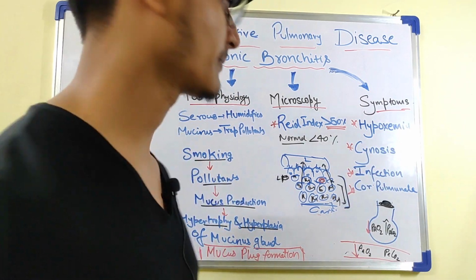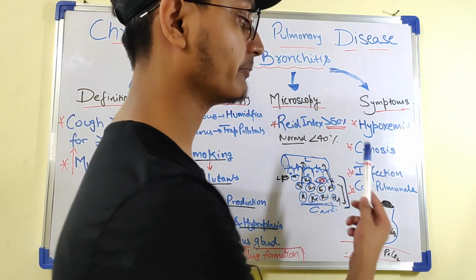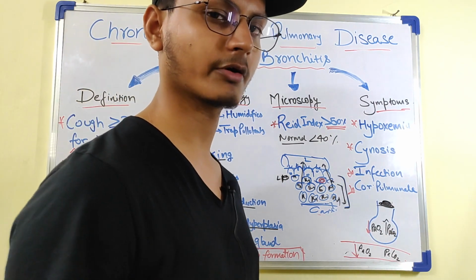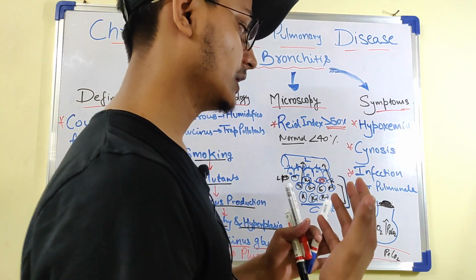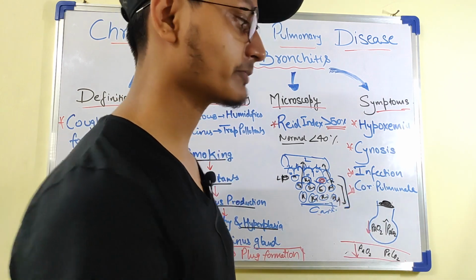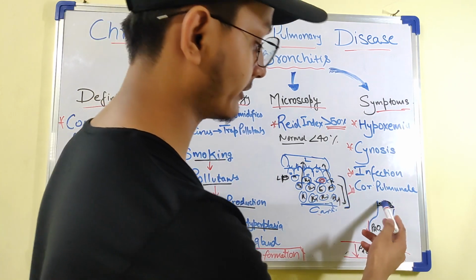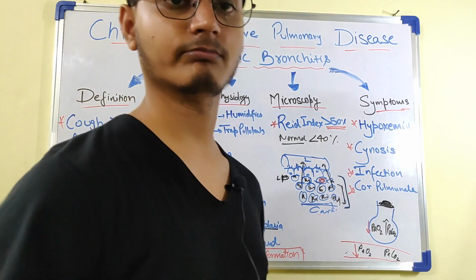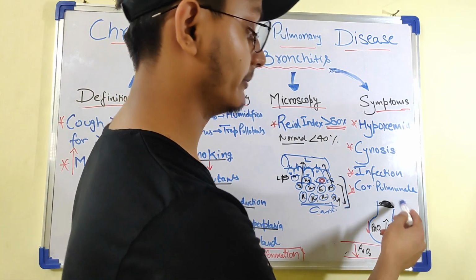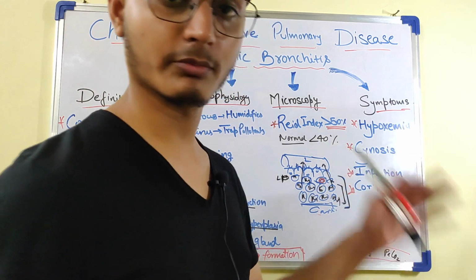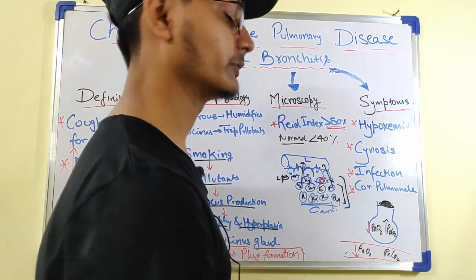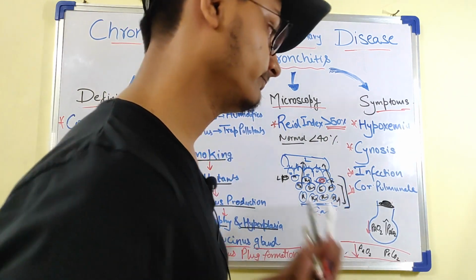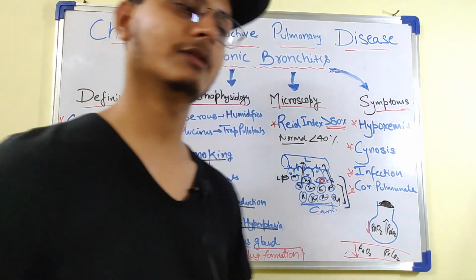Now, talking about infection, whenever we block a tube in the body, there is an increased chance of getting infection just behind the tube. As we can see here, if the bronchial tree is blocked anywhere, there will be increased chances of getting infection behind that tube. Cor pulmonale is basically